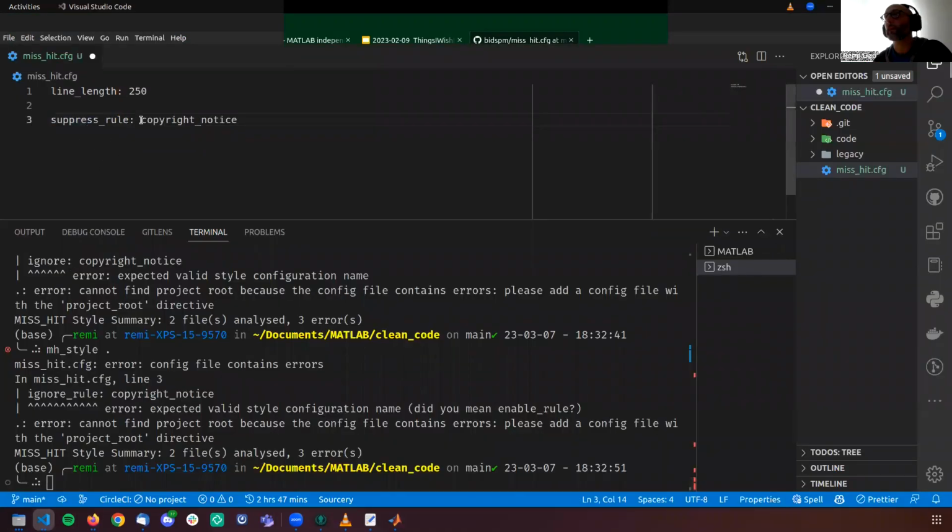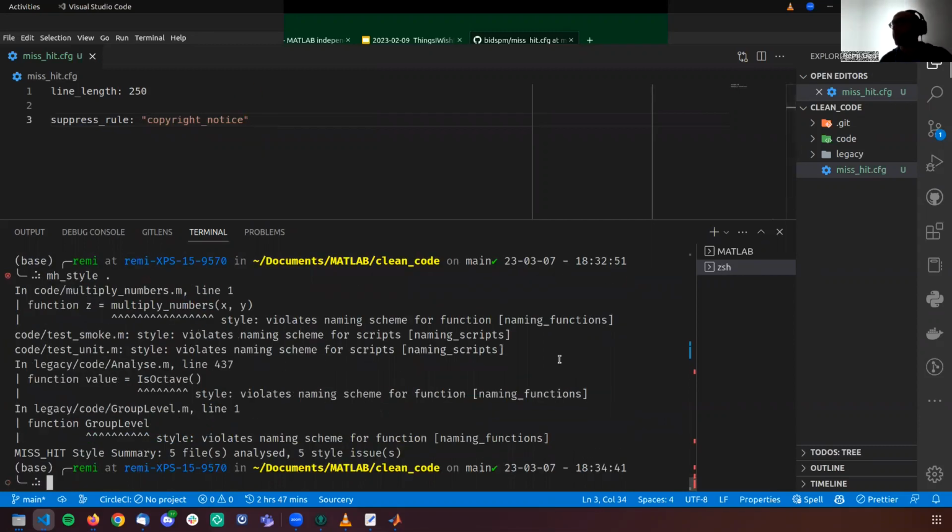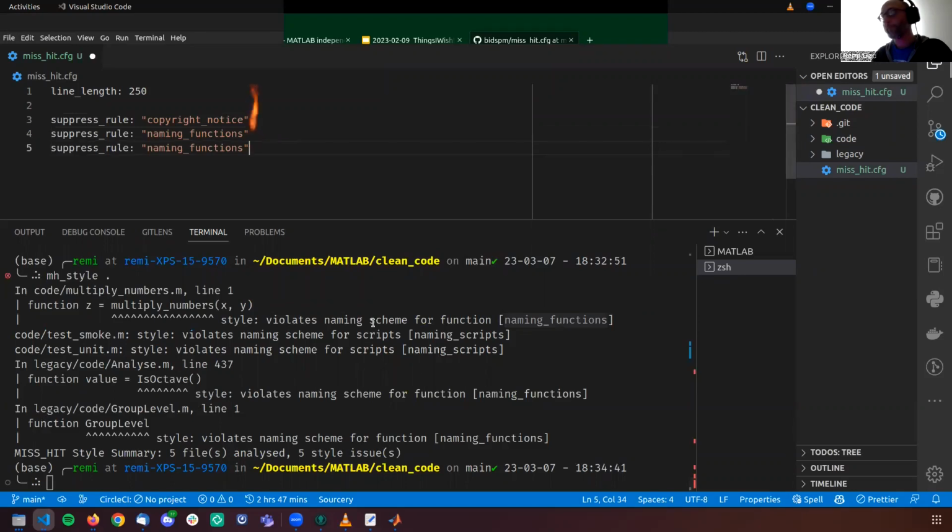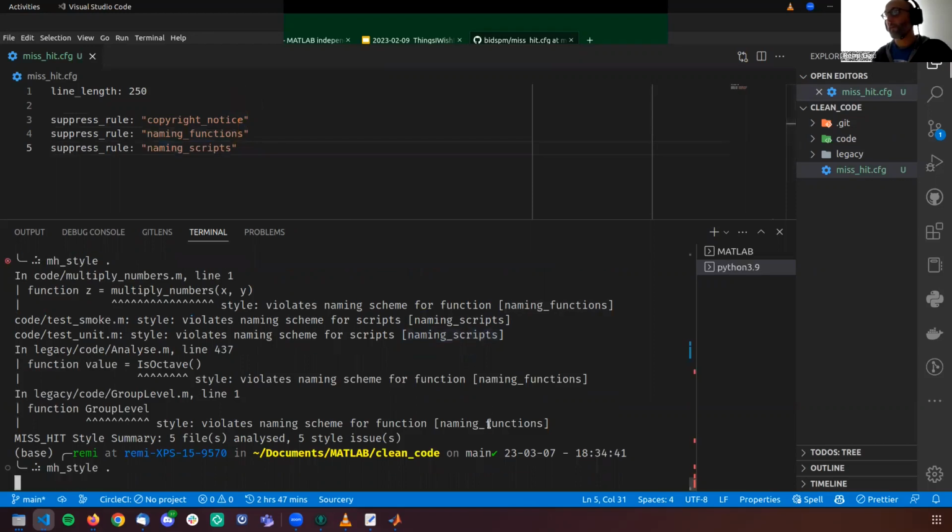So ignore. I think this value has to be between quotes. So there we go. And now we also have the naming function and the naming script. So let's try to also suppress these rules. And name script. Good.